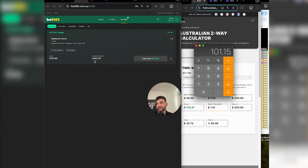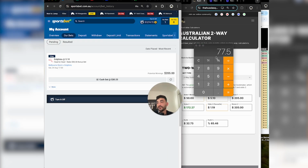So on a real cash bet, you just divide the return by 2. And on a bonus bet, you actually have to do the formula, which I walked you through there. So we're going to get back that $101.15 plus we're going to get back the control V figure, which was what the previous bet here, which is $77.50. You press enter there, you're going to get back